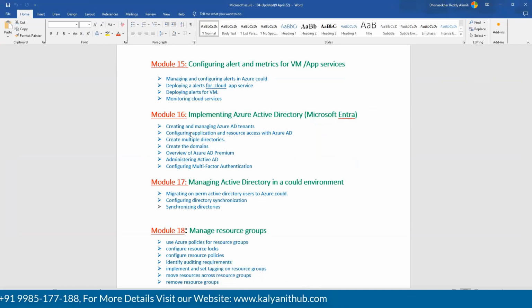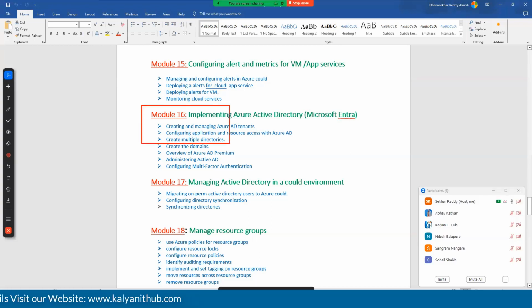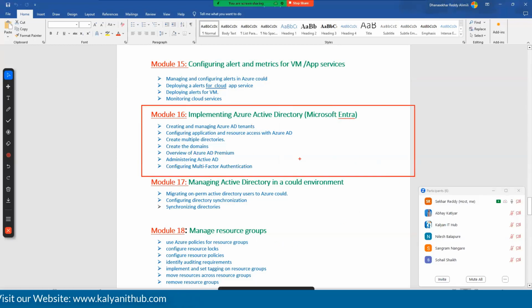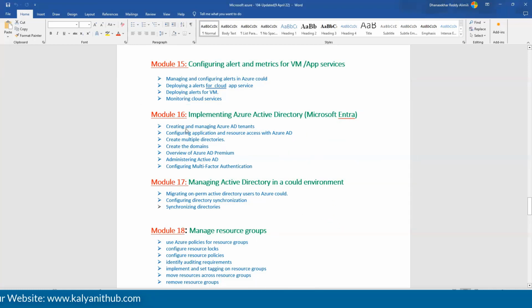It is a cloud environment. So we can create the users and manage the permissions for cloud or on-premises, both, guys.